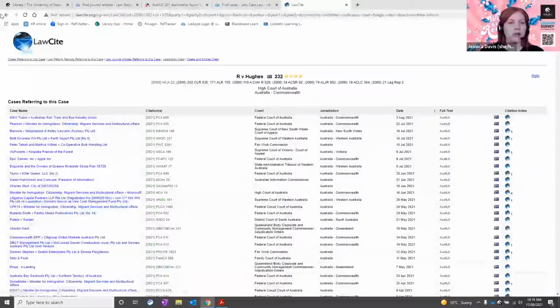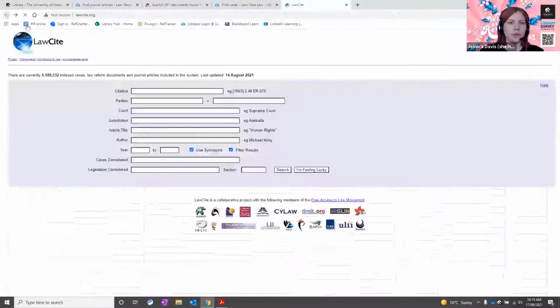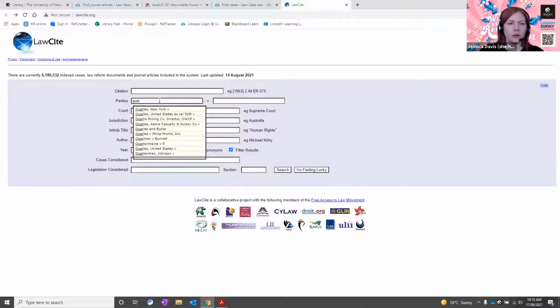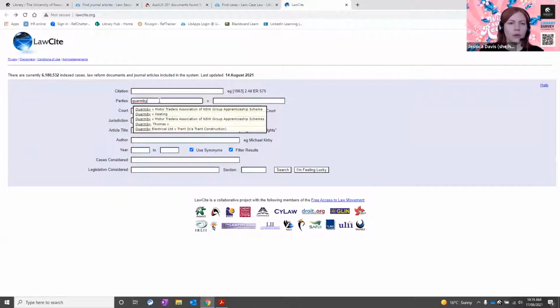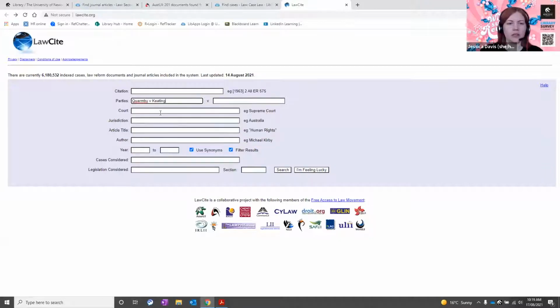If I want to search via the party name, I would search in the parties search box. I can type in Quamby, and you can see it does have an autocomplete, or you can just put the first party name there and then the second party name there, but I will just click that and then press search.